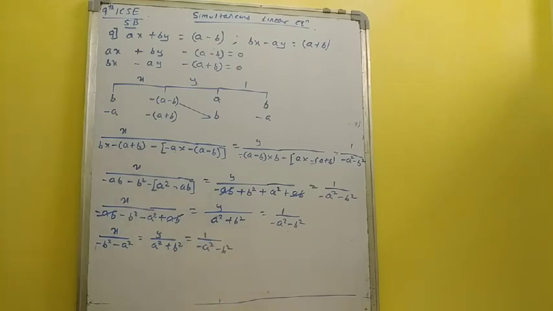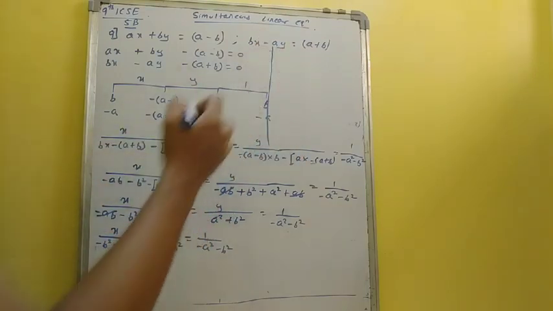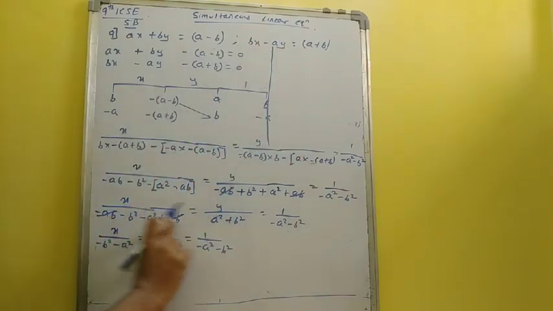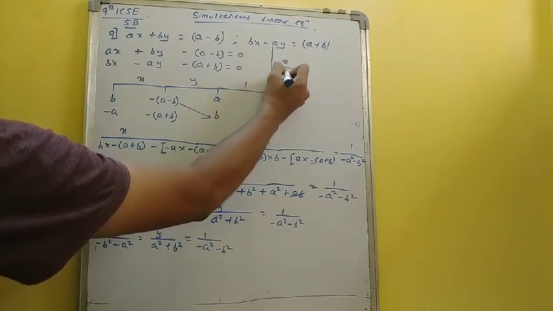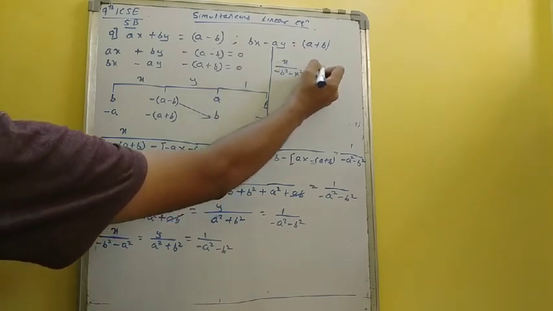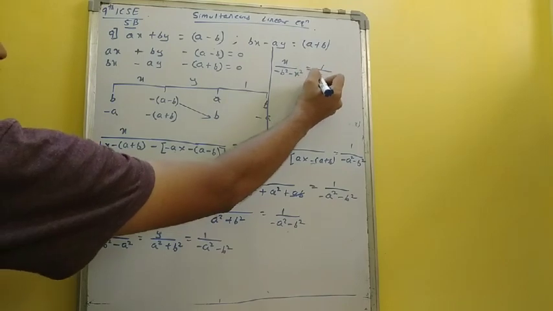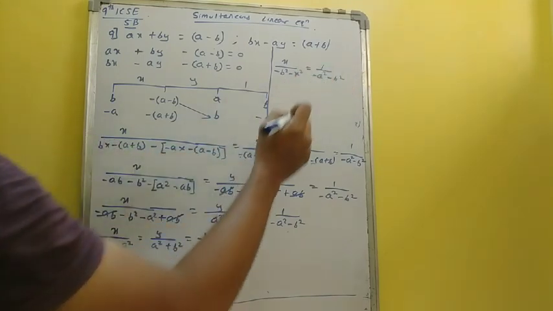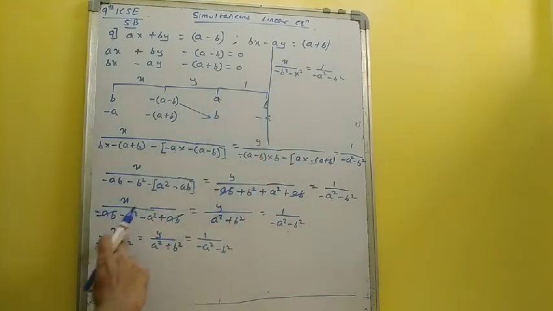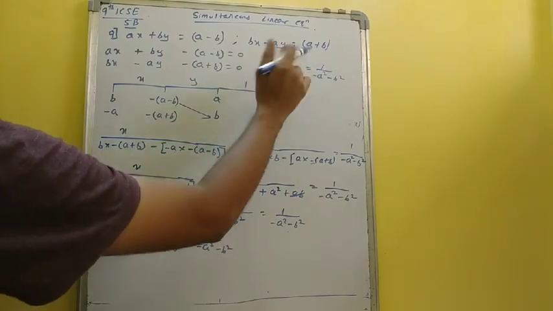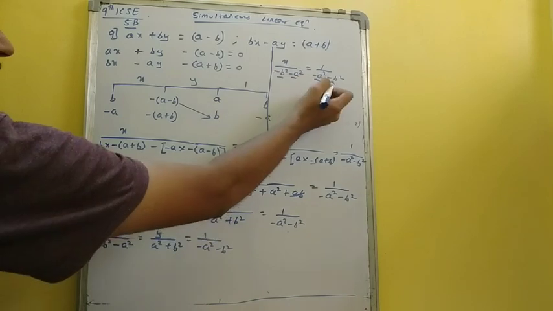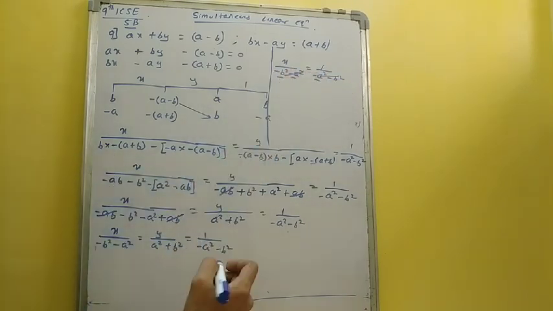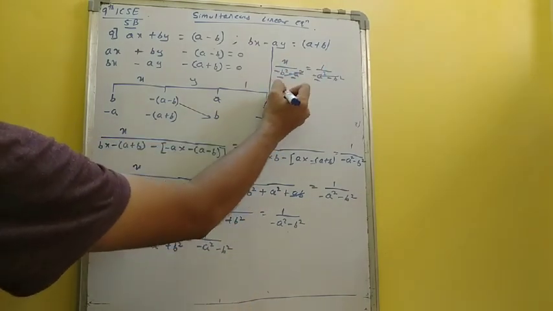Okay, now when I try to write the solution, I have some space over here. So this is compared with this, that is x upon minus b square minus a square is equal to 1 upon minus a square minus b square. If you see it properly, this is totally the same, so this will get cancelled. So the value of x is equal to